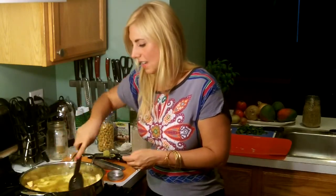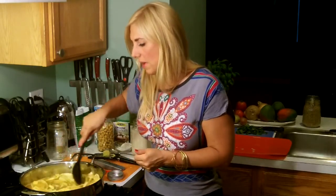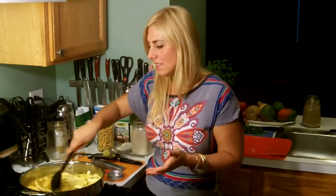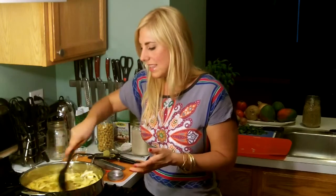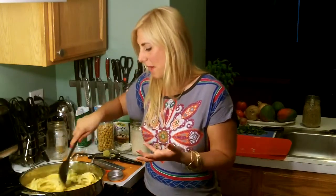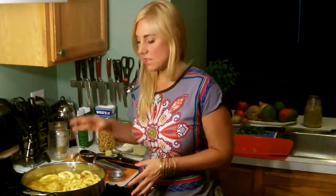You can see this is getting a nice golden color from the turmeric and from the curry powder. The curry powder already includes turmeric, so you don't have to add it. It's not so much a flavor reason that I added it. I just added it to up the benefits of eating turmeric. We added the potatoes and the onions, and we're going to add the heat, the spice